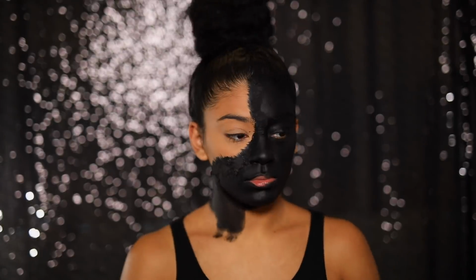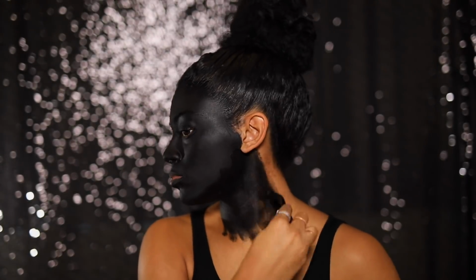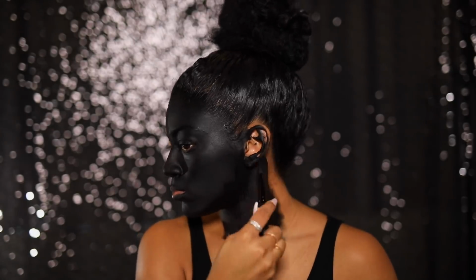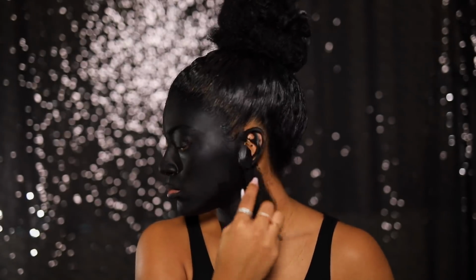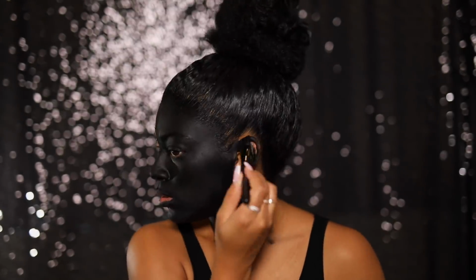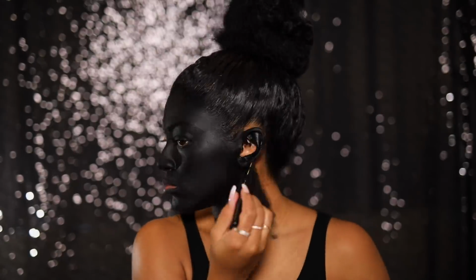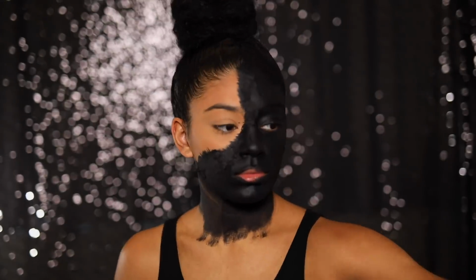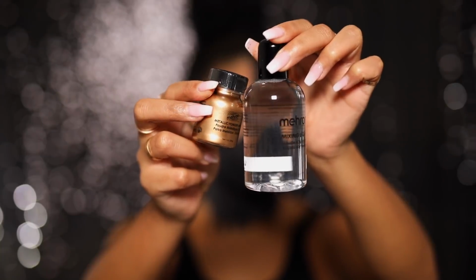And I'm gonna go ahead and paint my neck. My camera would not focus with my face being black and then me having the black background. I was getting annoyed. But basically paint your ears as well. You want everything to be black on that side. I did not want to put this paint in my ear, but it came out easily after like five scrubs. But go ahead and paint your ear, your neck, and then I'm gonna get this gold powder